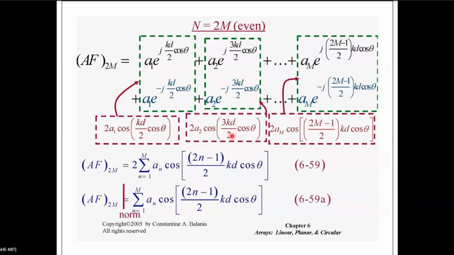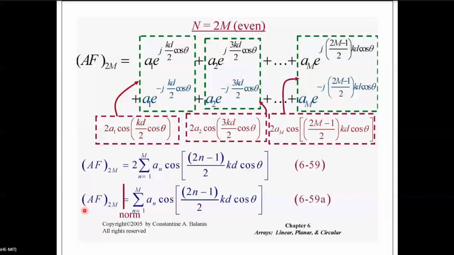Okay. Any questions? This is array factor 2m. This is very important. So after this, you get a factor of 2 here. Then normalize it. Normalizing will not change the shape of the pattern. So n is equal to 1 to m. Okay, so this is the final expression for even elements of uniform